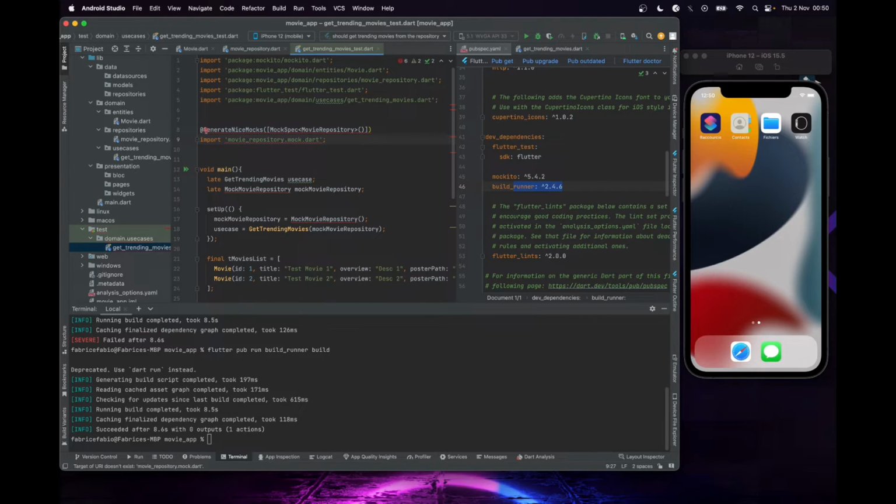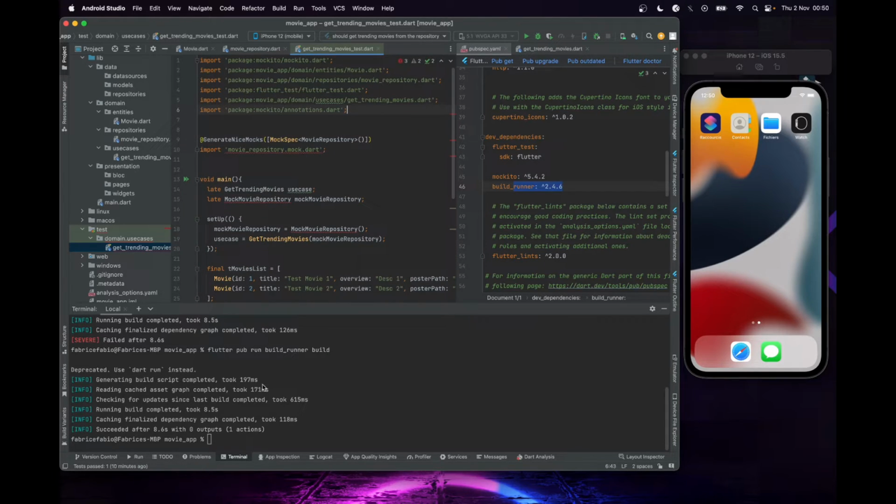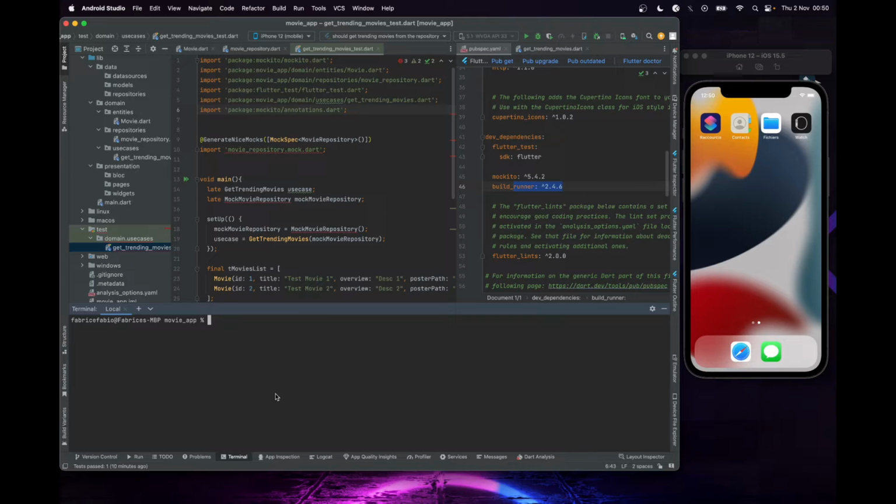Okay, let's just import this line, the annotation, and we run our command, and so if everything is good,